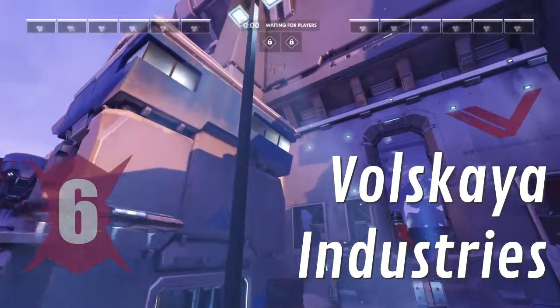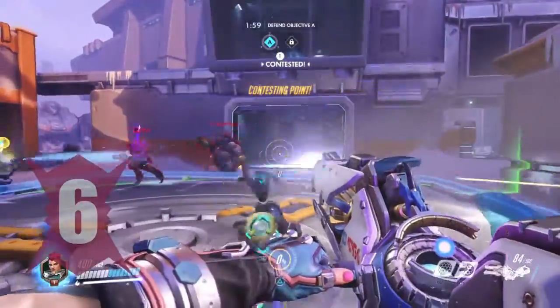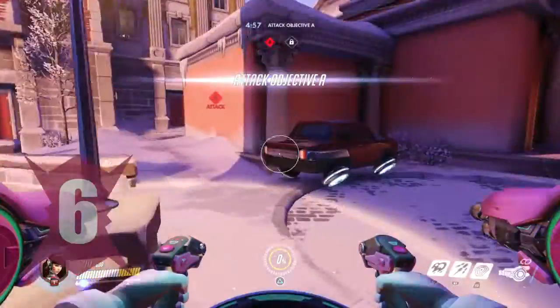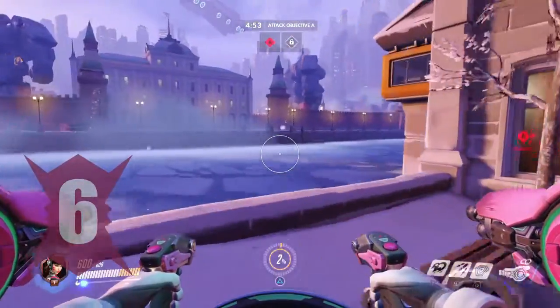6. Volskaya Industries. Now traveling to Mother Russia, we have Volskaya Industries, a factory that includes giant metal robots on both the outside and inside. While this map may look like it has a bottleneck in two places, it actually provides